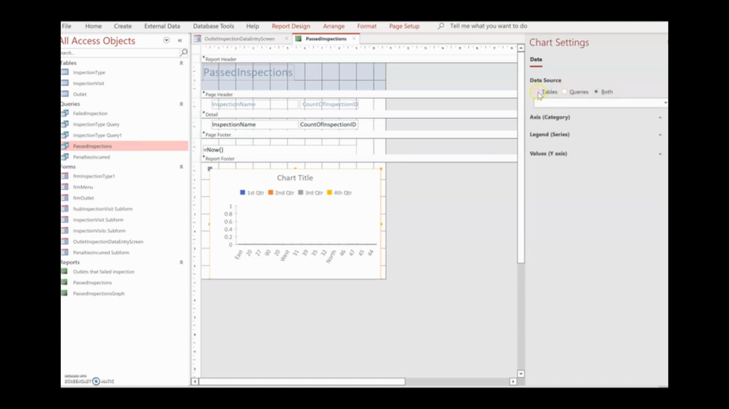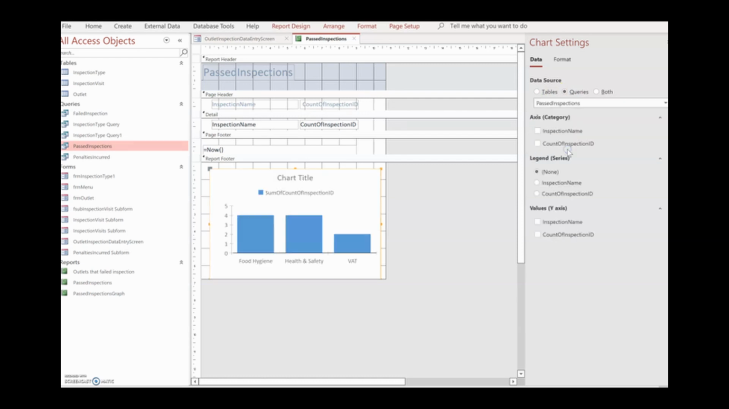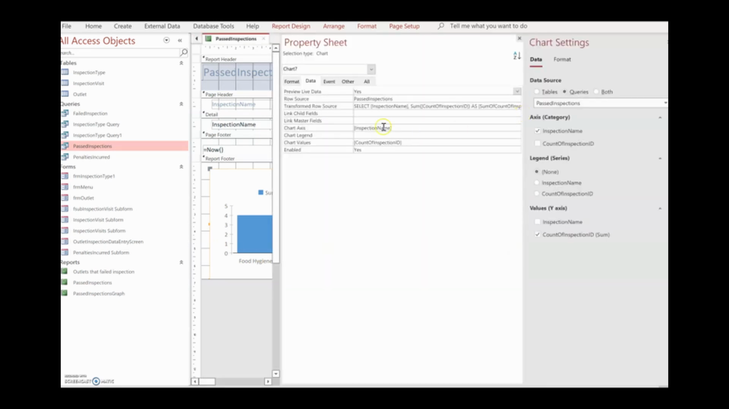I'm going to take the data from the query. I've already created the query, and this is the name of the query. On my x-axis I have the inspection name, and on the y-axis I have the count. So that has been displayed here. Now you have to change the title in the chart. Whatever has been mentioned over here, you can go here and change the name of the chart to a meaningful name. Number of